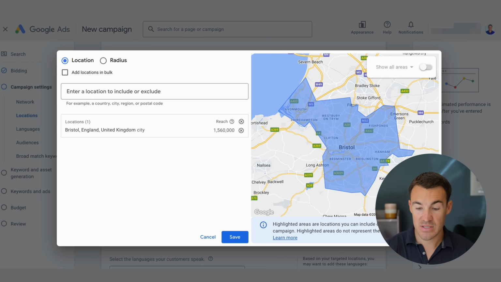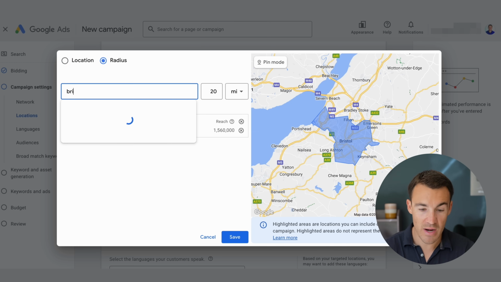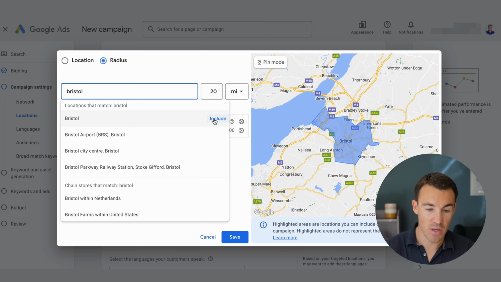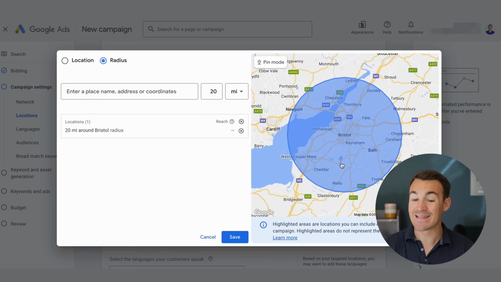You can see the map on this side that we've got the area that's being targeted by doing that. You think, well, that's just got the city itself. That's not quite right. Maybe we want to use a radius targeting around Bristol instead. So we could go to include Bristol as a radius targeting, and let me delete out so there's not an overlap. And you can see we're now targeting this area